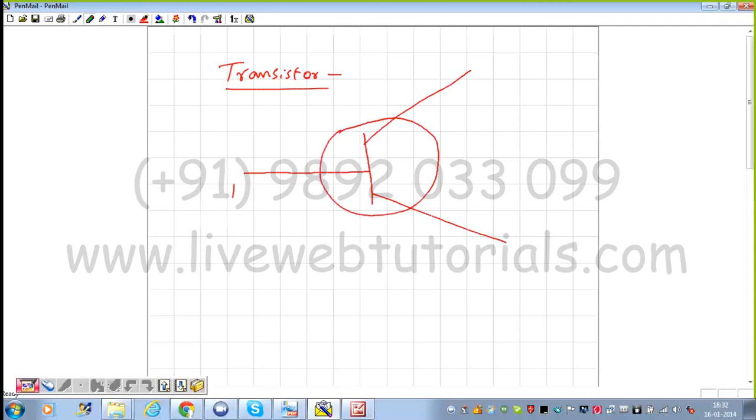This part which is in the middle line is known as the base. Where an arrow is indicated, this is known as the emitter. And where the arrow is not present, this part is known as the collector. So suppose if this is P, then this will be N, and then again over here P will be there. So there will be 3 terminals basically. This is what a transistor is going to be.